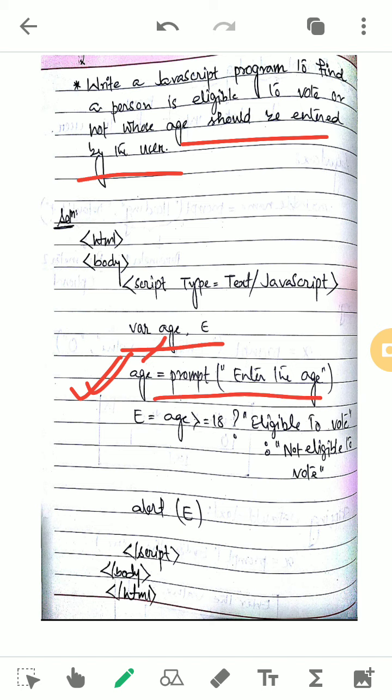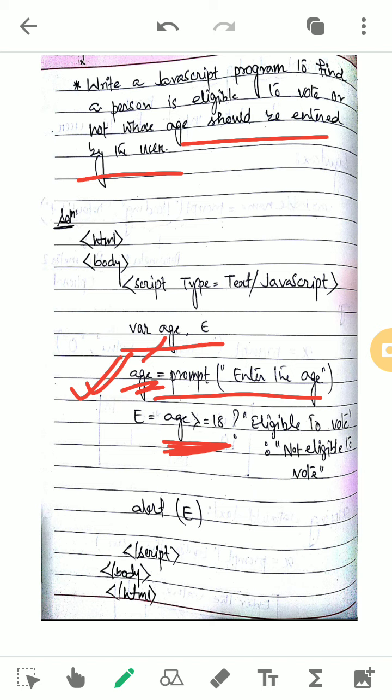So here I have given, and we are omitting the next value, that means default text. As we know, it can be omitted. So here you can see the prompt, enter the age. Whatever you have entered, that value will be stored in this variable and it will be compared here. If the user has entered 50, then the age value will be 50. If it is 10, then the age value will be 10. So according to this value, the condition will be checked.